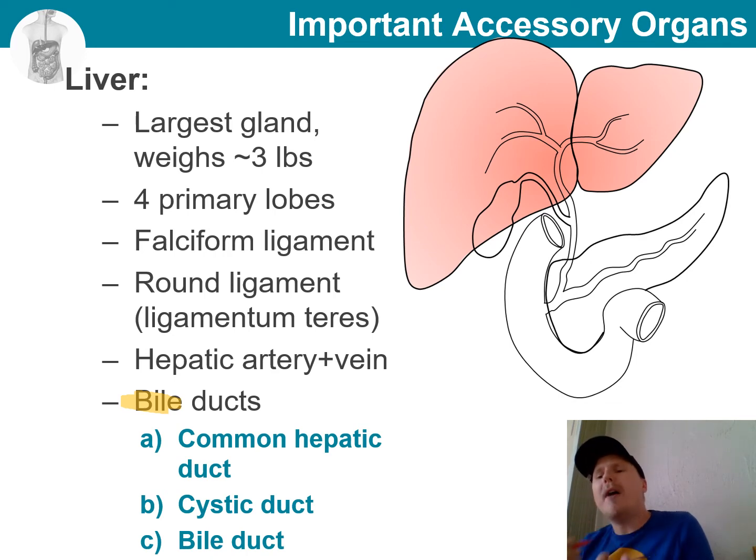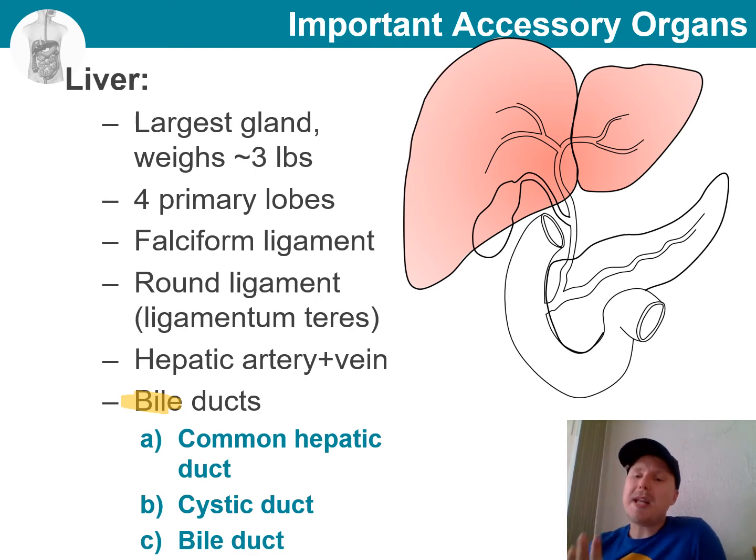In fact, I once attempted to list all that I could think of, and once I got to around 100 functions, I gave up. Some of the most important ones are metabolic functions, such as storing energy and also storing glycogen and vitamins, filtering blood to remove old red blood cells, and of course detoxing, for example alcohol and drugs, and then the production of bile, which was our main interest in this module.